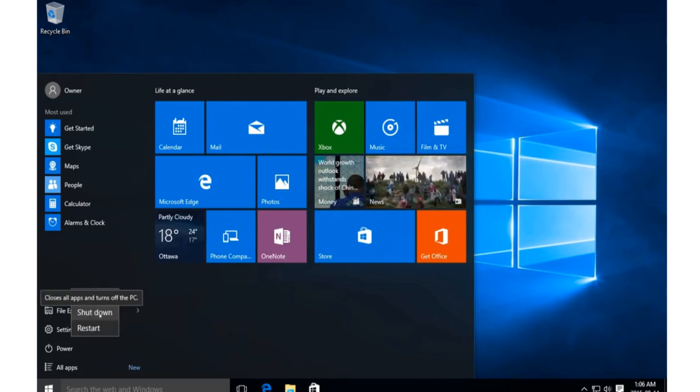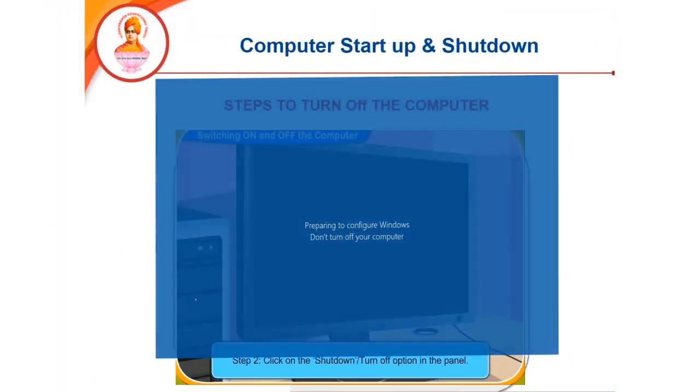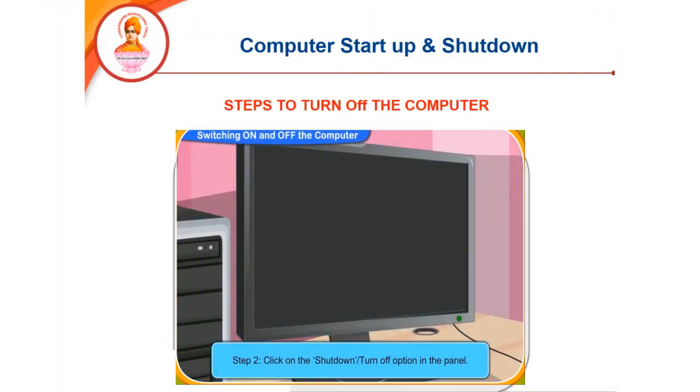After clicking the shutdown button, the computer will take a few minutes to turn off automatically. We have to wait a few minutes till the computer turns off automatically.